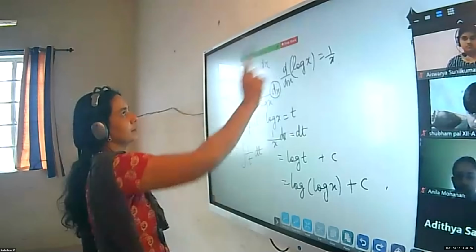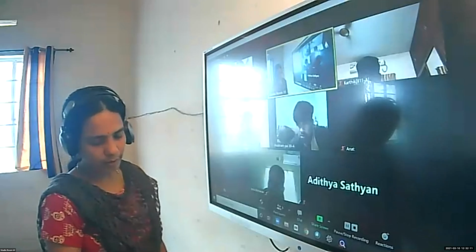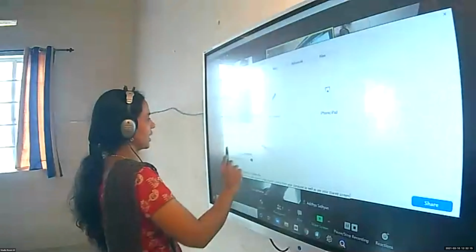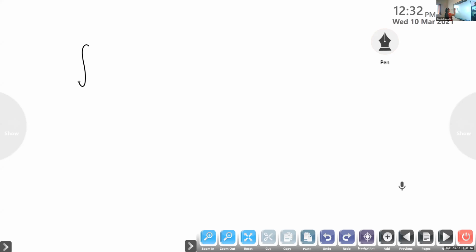The next one. Integral of. This is again a different question. Do this two or three times. Today, it's all the questions we are doing in the class. Do it again: the integral of (x plus 1) into (x plus log x) the whole square by x into dx.